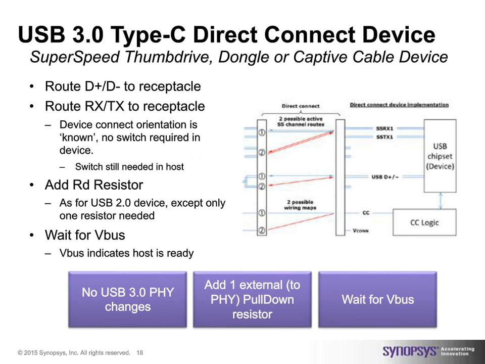So Morten, we've covered now the Type C support for the popular USB 2.0 configurations. What about Type C support for USB 3.0 or SuperSpeed USB? Yes, we'll start with something simple, which is a Type C direct connect device. What do you mean by direct connect? Well, it's a thumbdrive or a dongle or a device with a captive cable. So that basically means the device connects directly to the host. There is no cable